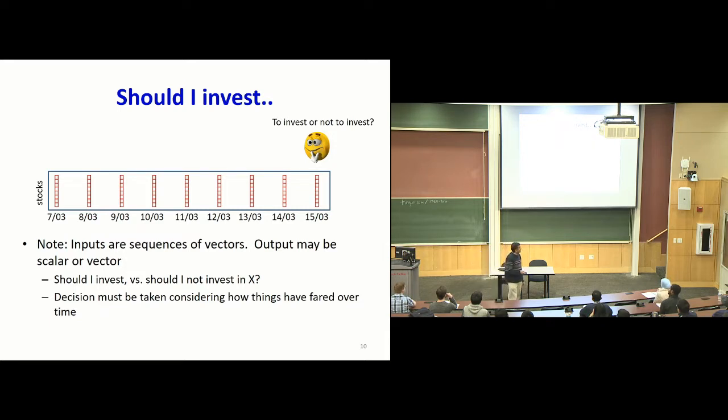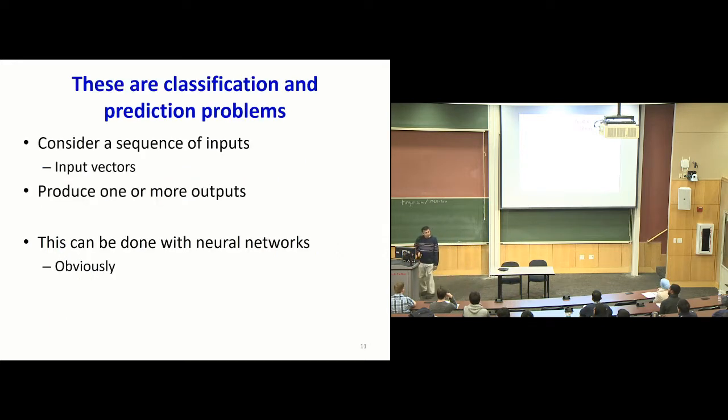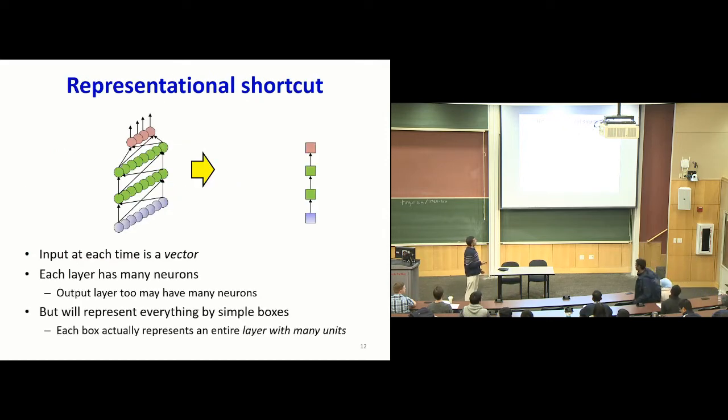So all of these are tasks where the objective is to classify or predict after having considered a sequence of input vectors. And the output you produce may be a scalar, it may be a vector, it may also be a sequence. Now, obviously, prediction and classification are tasks that are very appropriate for neural networks. And so again, since we're talking about recurrent neural networks, we're going to see how we could do this using RNNs. So before I continue, a little bit of notation.